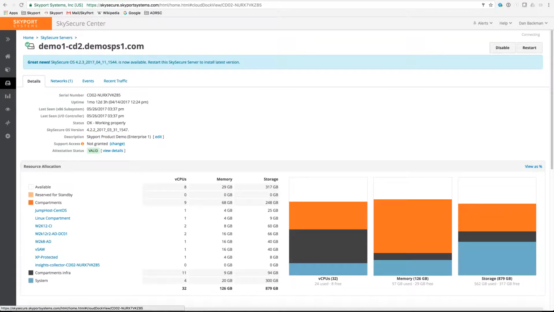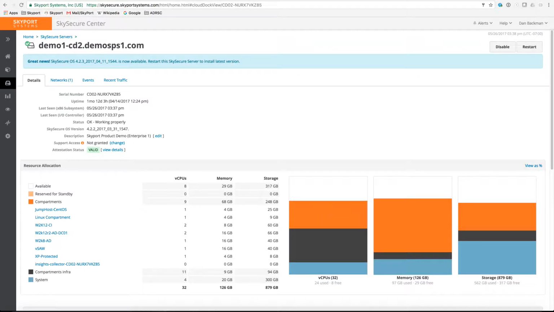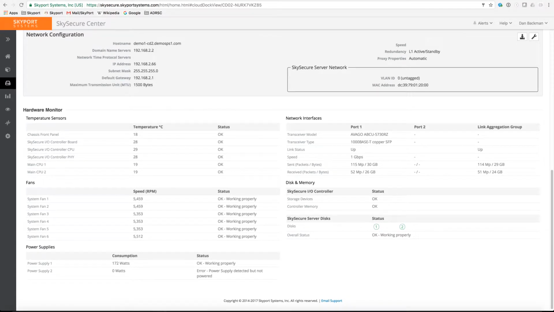Now, the Skyport system is designed to be fully remotely manageable, and this is really what's fundamentally different between this and other types of solutions. The hardware appliance itself has a secure connection back to the cloud management service, and we use this not only for telemetry and management and control, but also we establish the identity of the platform and also validate the hardware integrity of the platform. As a user, when you plug in, you immediately see this level of telemetry. We can tell you all the information you need to know about uptime, what this system is running, individual resources that are in use on the system. And we also deliver extensive telemetry on all of the hardware components inside.